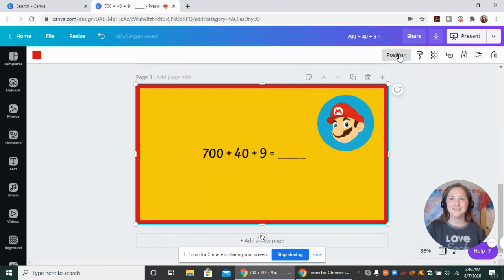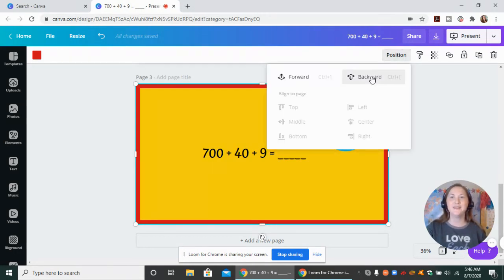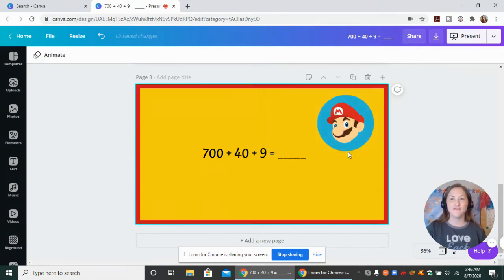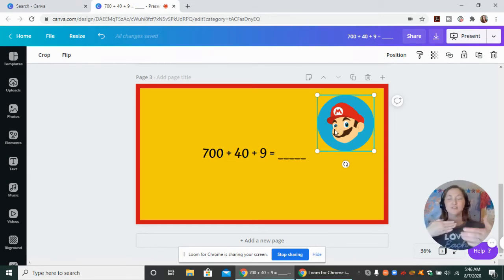So you go up to position and you can send it backward as many times as it'll let you so that it's not in the forefront anymore. Now I can click Mario. And you can adjust those layers as needed as you're working on it. That one took me a little bit to figure out, so I want to make sure you know about that one. So I say I'm going to duplicate Mario,